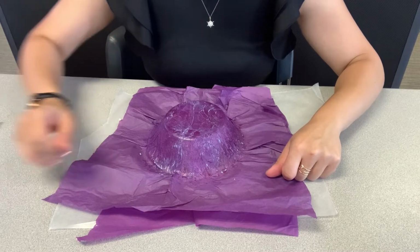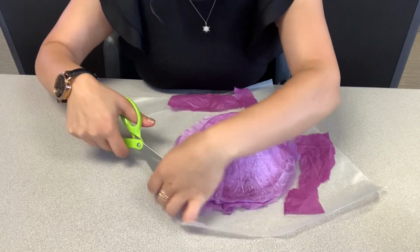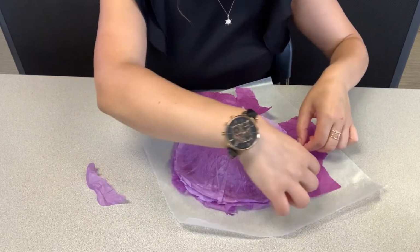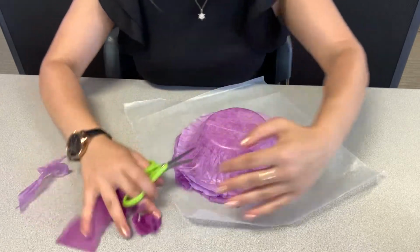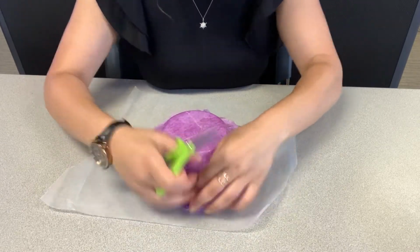Okay. All right, now after you waited about 2 hours, go ahead and trim the edges. You don't want to trim the wax paper, just the extra edges of your jellyfish. All of that. And we're going to put that aside. Once you're happy with your edges and the length around your bowl, the circumference I should say,